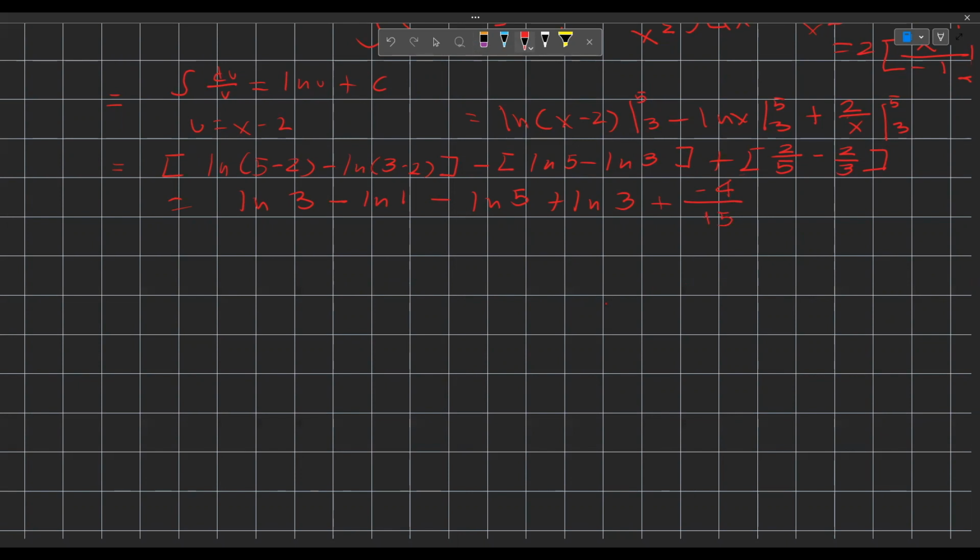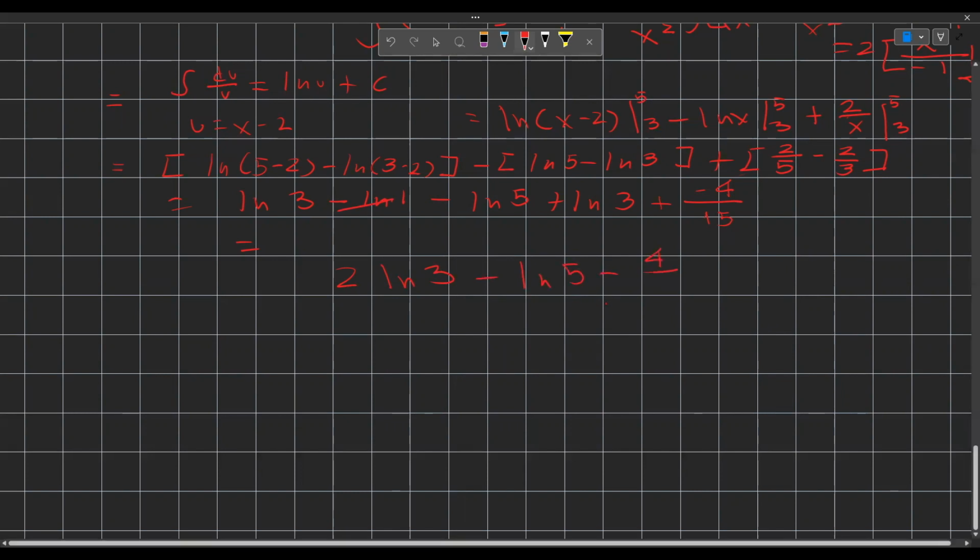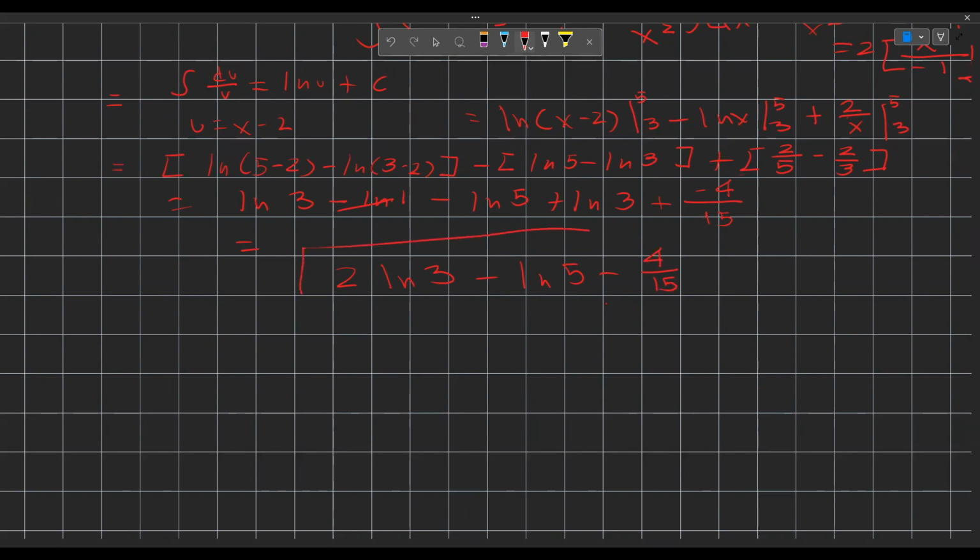And we can just rewrite this. We can combine like terms, which this is ln of 3, we have another ln of 3. We can write it as 2 ln of 3. Ln of 1 is actually equal to 0, so we can just cancel that. Right, ln of 5 here, minus 4 over 15. And this is our answer